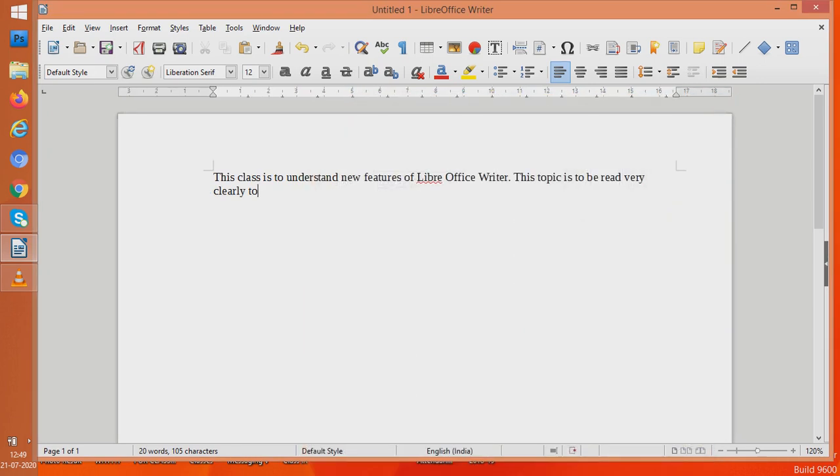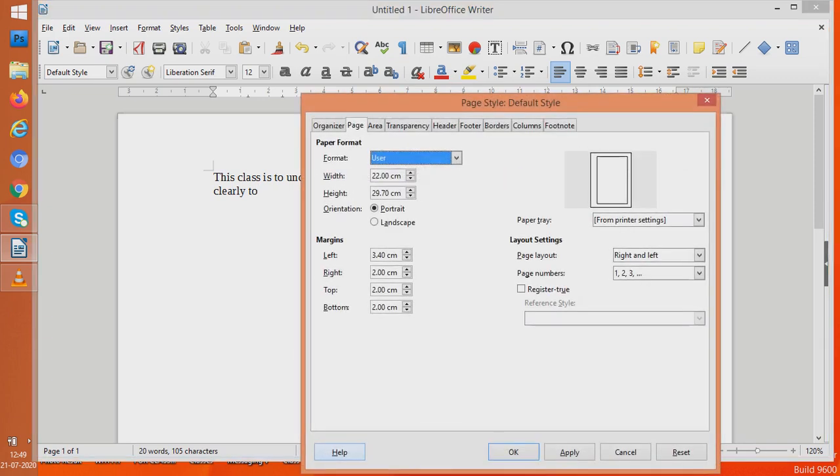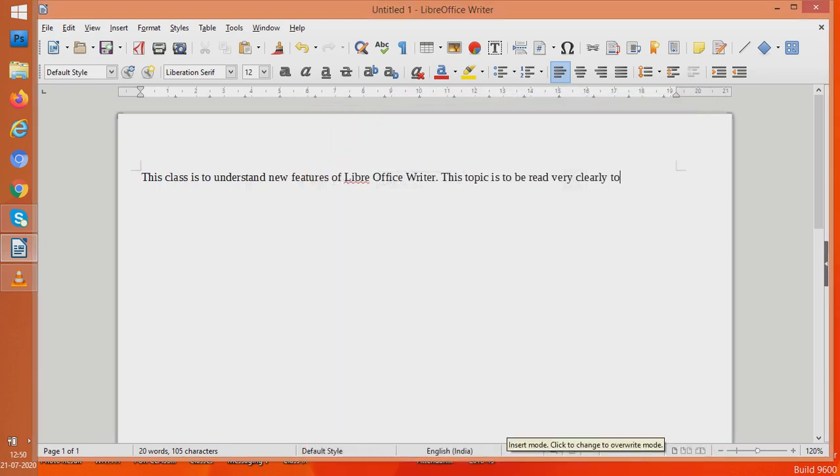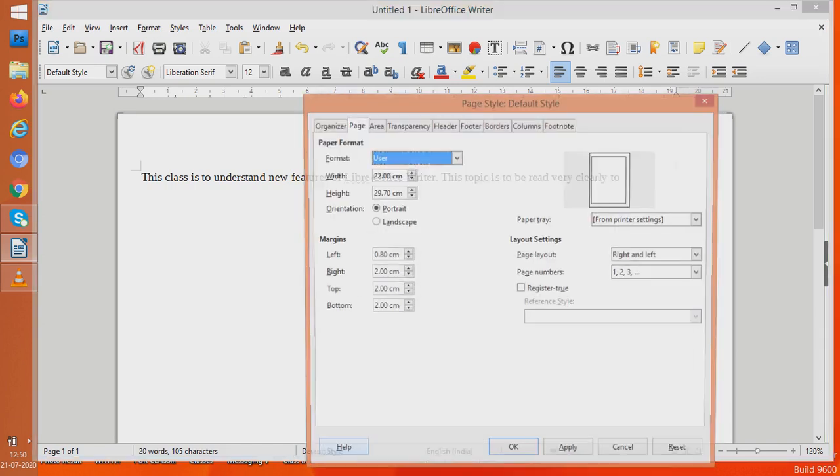Now if I want to make it towards the page, that is, I want to decrease the size, we'll use this given button, the down arrow button, and I'm decreasing the size. Now if I go and say okay, the distance of the text from the page is less, so this is setting the margin. You can set the margin towards the left even, towards the right even, towards the top as well as towards the bottom. So these things can be done.